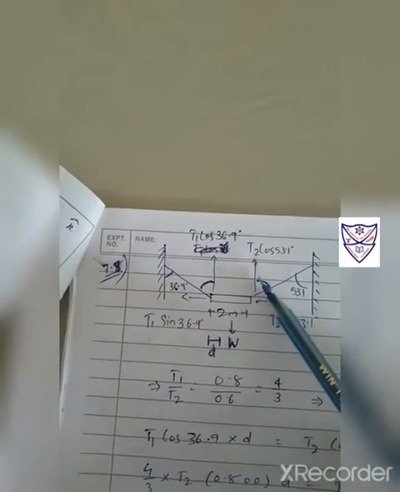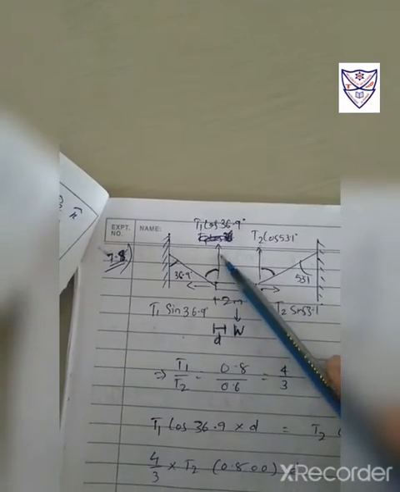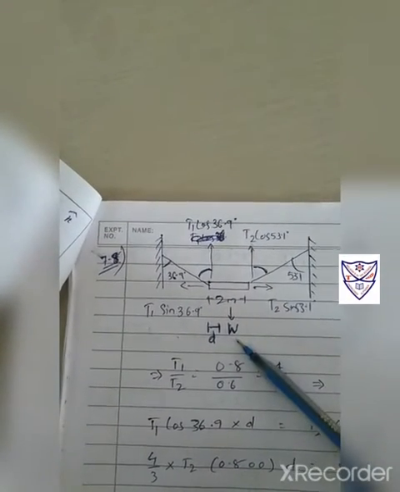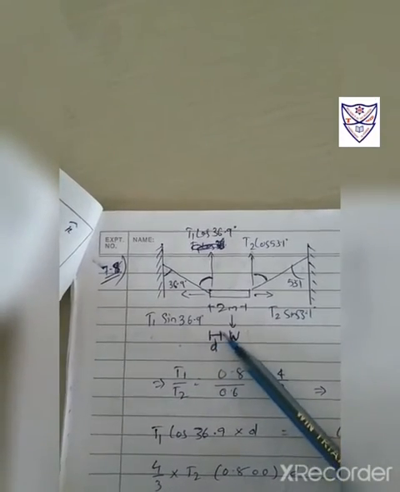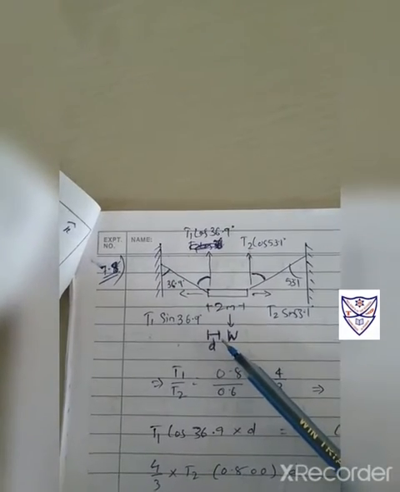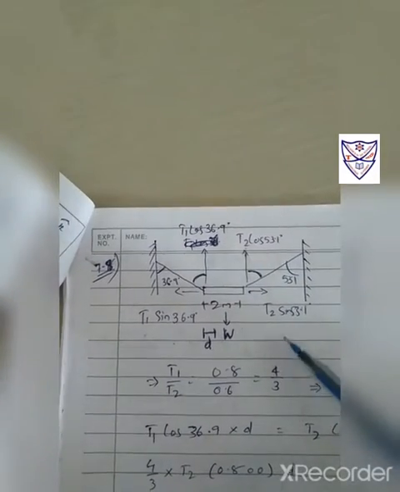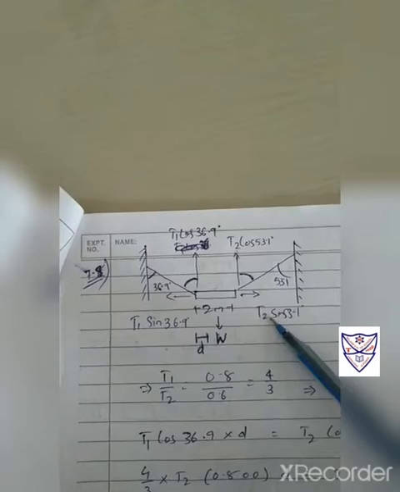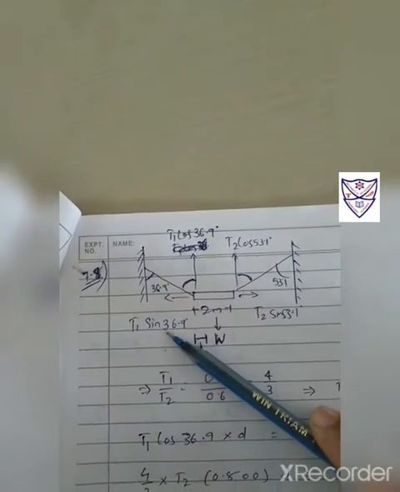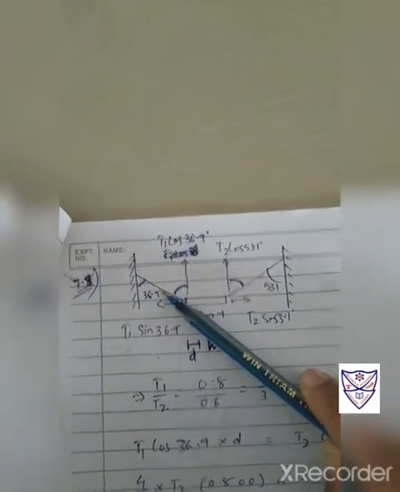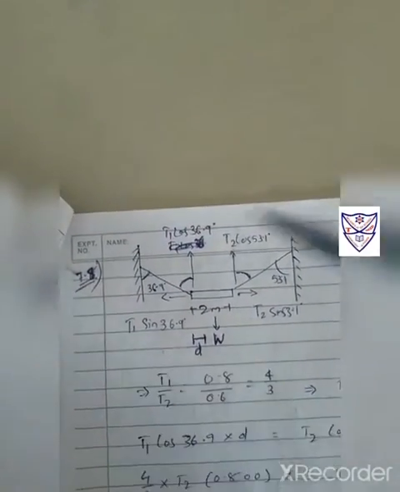But we know that according to the tension, these are the tensions or the forces created here. It's going up, here it's going up, because the work is done down. So here also, and this is a distance which is covered as the work is done. So here I can write T2 cos 53.1, and here it will be the same T2 sine 53.1, sine term, cos term. Here also the same thing, sine term and cos term. This is the angle. Using just a mathematical law or formula, I substitute this value.